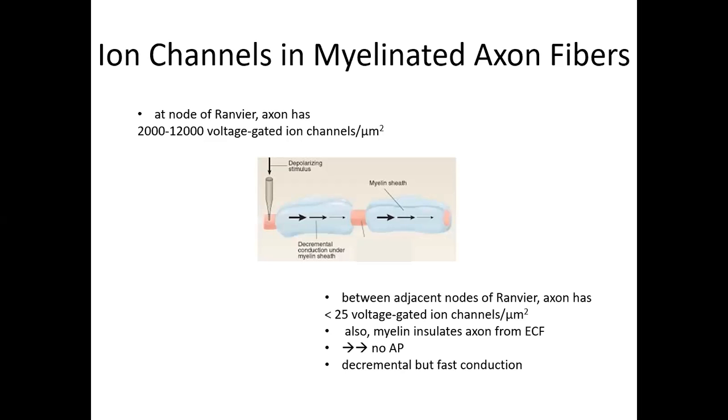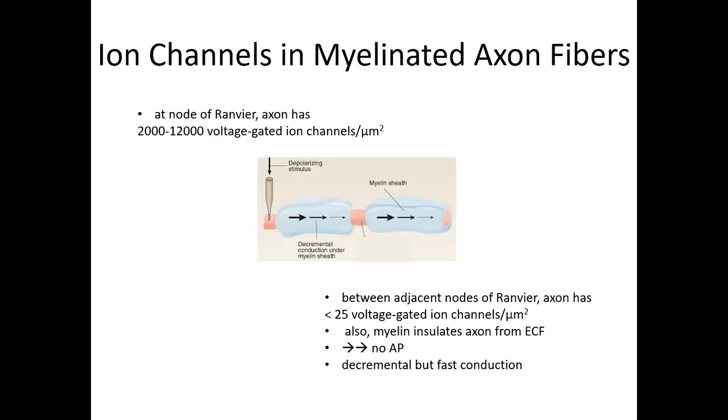So 25 versus power of 100 to 500 times the amount, okay? And so if depolarization happens at a node of Ranvier, then we are going to have the signal travel along the axon